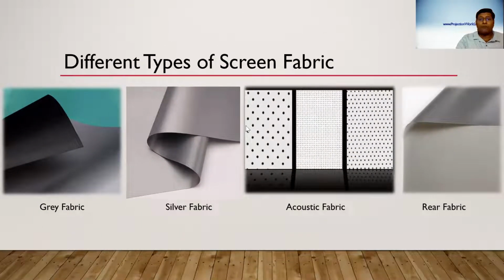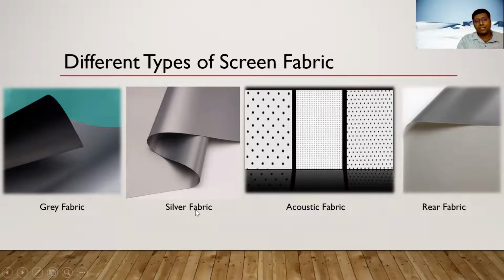There are different types of screen fabrics. For example, now the fixed frame screen which we have seen, or else motorized screen, we can do customization like gray fabric. Gray fabric is like 1 year young, which has launched in the market. The advantage of this is if you are making a dedicated mini theater or a production house making video, and that production house is doing color grading, then gray screens are highly recommended. You get the true contrast ratio in that, and that is a gray screen.